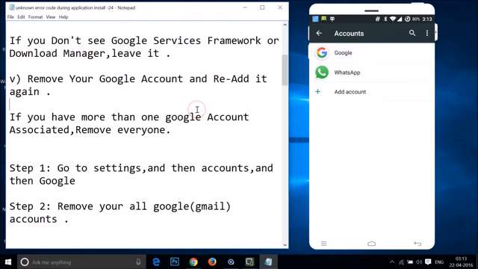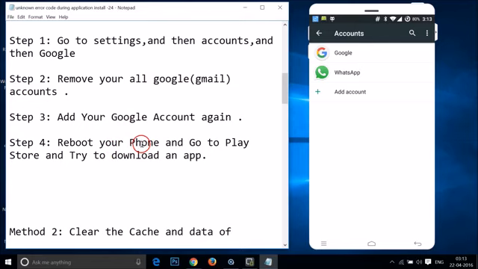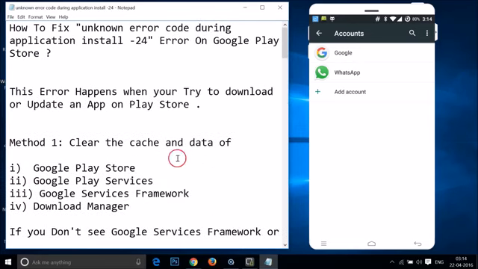Okay, and after that you need to reboot your phone and go to Play Store and try to download or update an app. Okay, so try this method, method 1, and let's see if this fixes your issue or not. Okay